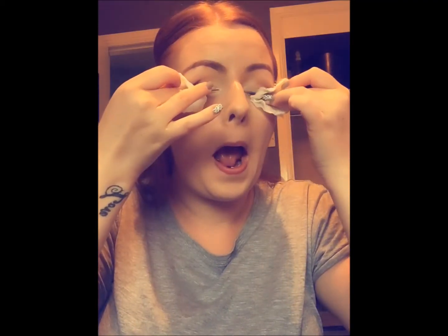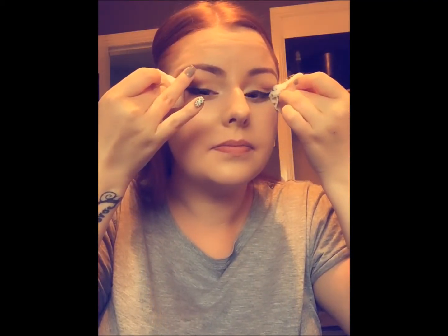As you can see, because I can't see, I'm just going to gently sweep under like this. And then I'm going to put one to the side and I'm going to just support my eye, hold it. And you always want to work really gently, but kind of round in a circle like this and out of the way. You don't want to scrub the other way